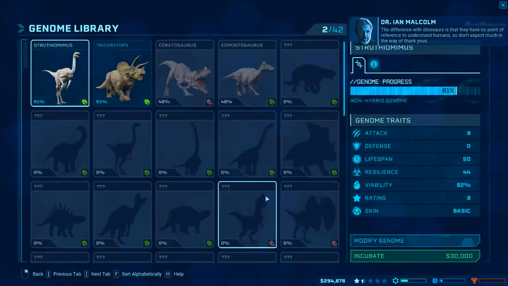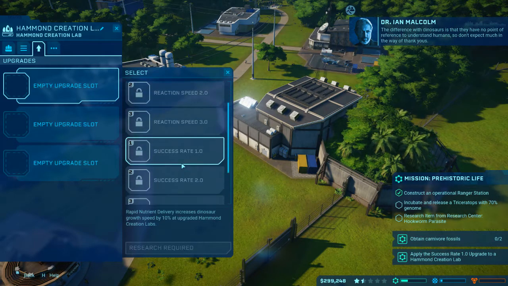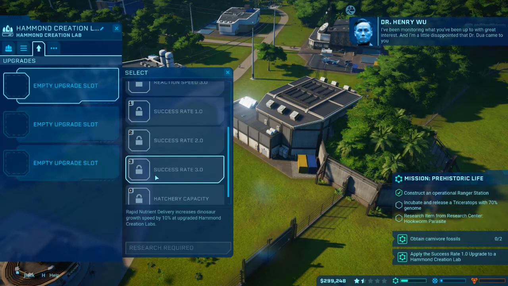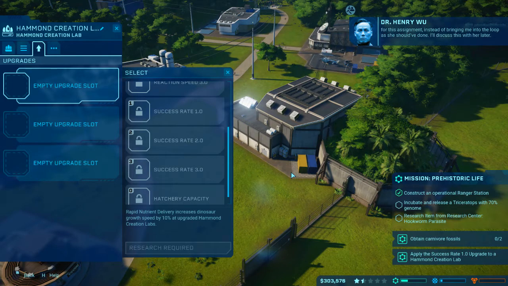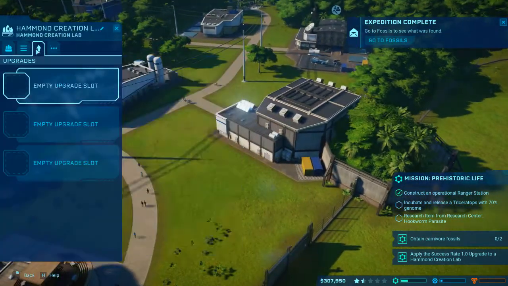Now to counter that, you go into upgrades here and you upgrade them with this. Reaction speed obviously makes it faster, and then the important one here is the success rate. The success rate for me is what I always do. I always go for success rate 3. So I can do whatever I want modifying the dinosaurs, but they will never die, or I have to discard them because they died. So hopefully that one there is...